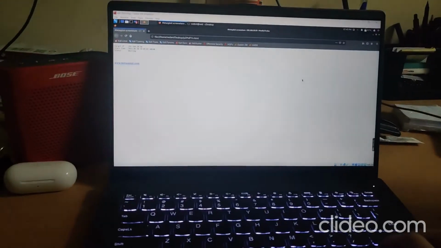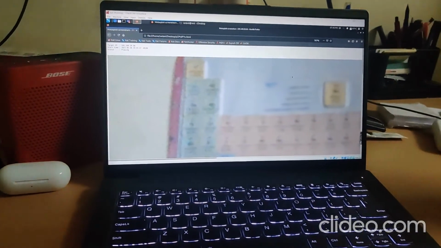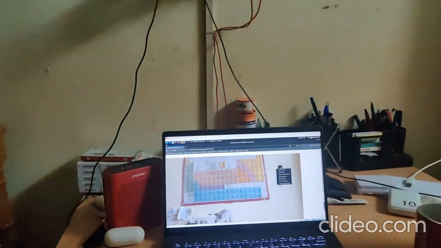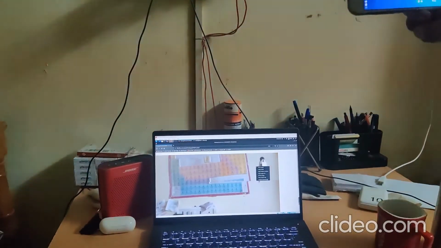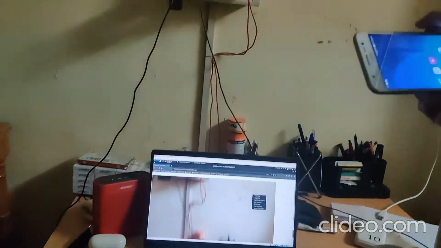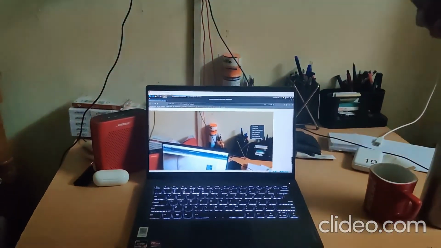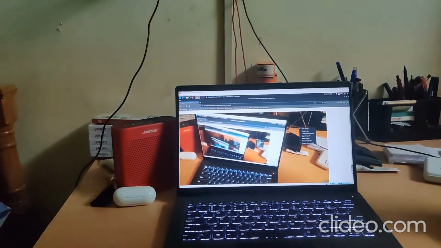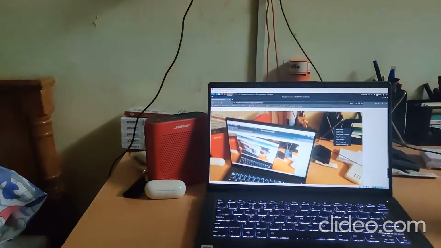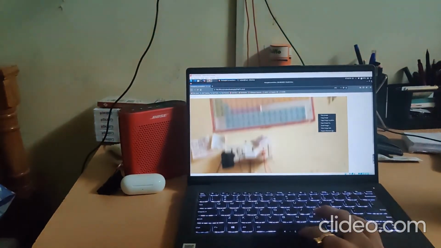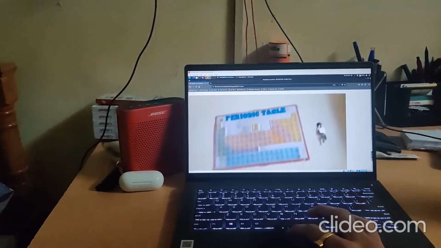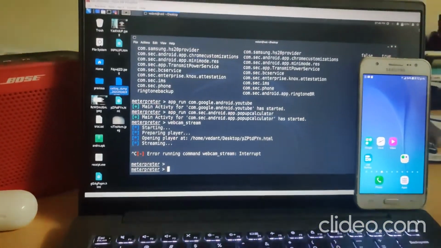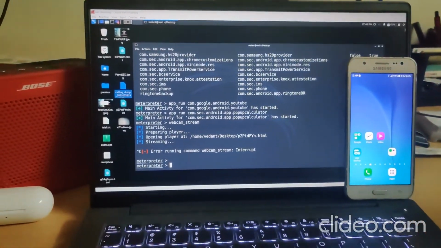It will start streaming and it will be visible on our screens. We can see, and even if we move the phone a little toward the laptop that we are working on, it will keep moving. It's lagging a little bit because of the internet, but for sure it will be lagging. So we can just close it over here as well. We can just press Ctrl C and exit that webcam stream.